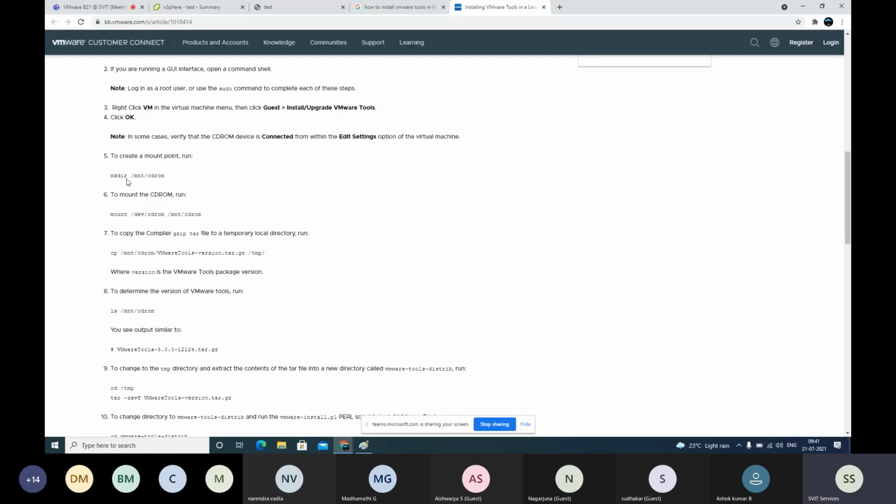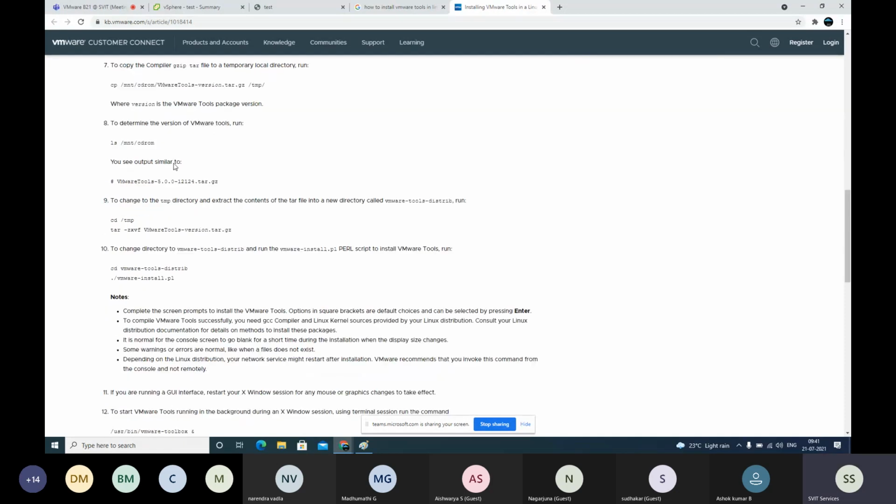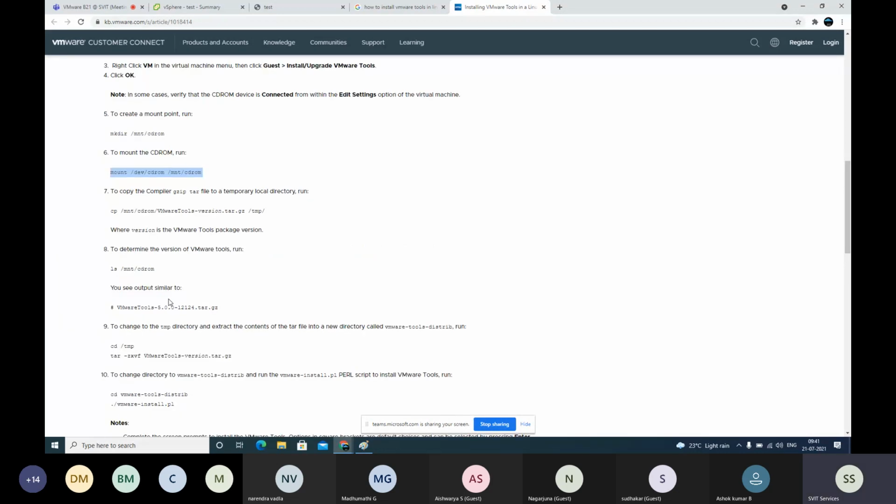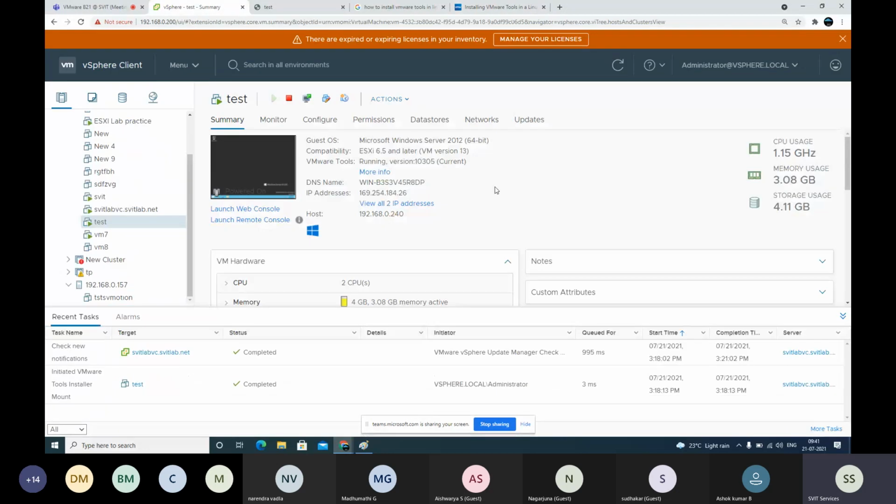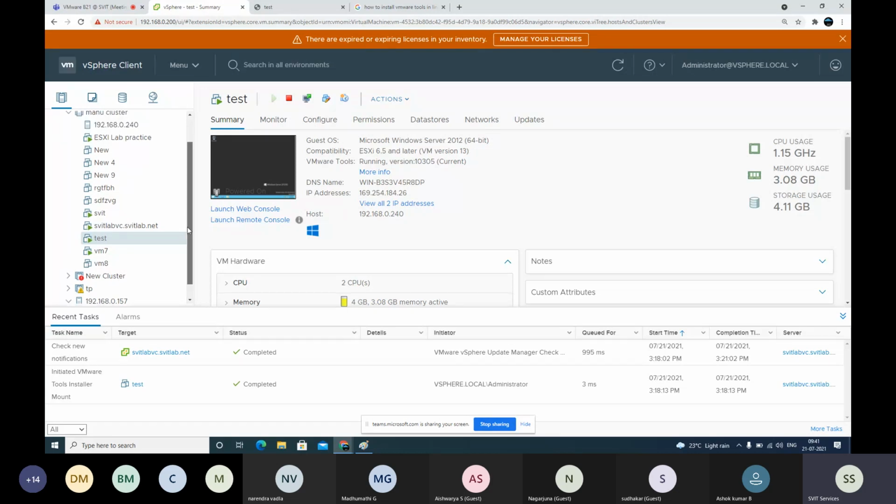Then log into that machine, then you do this process. These commands you need to follow. But Linux guys will know exactly, they don't even need to check this, they will directly proceed. As we are not from a Linux background, we need to check this KB. Fine, so like that, you try to get that KB and the commands to install VMware Tools on a Linux machine. On a Windows machine, we know it's simply clicking next and